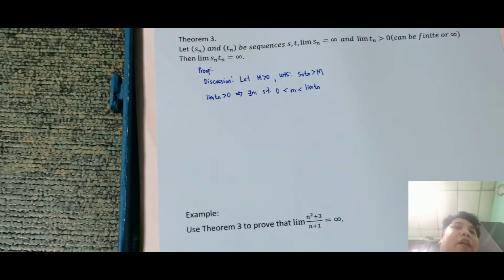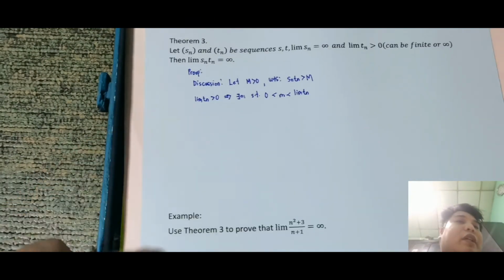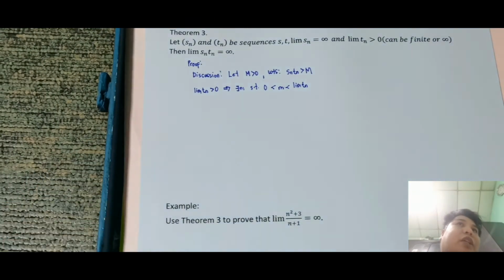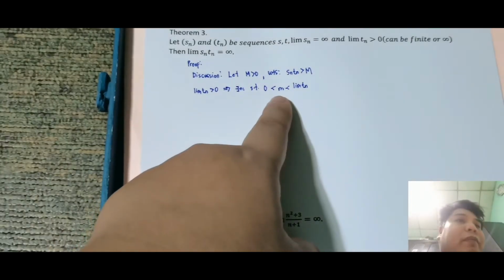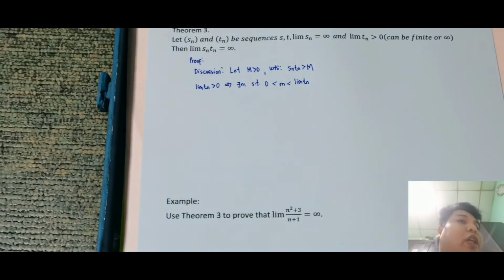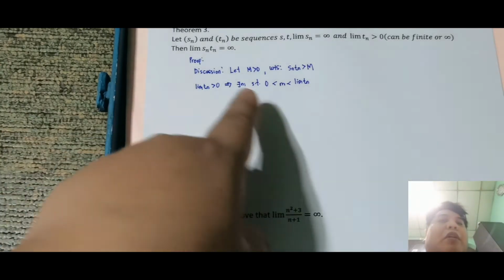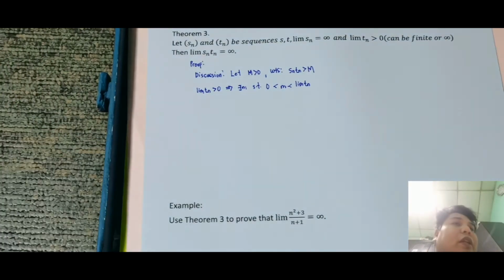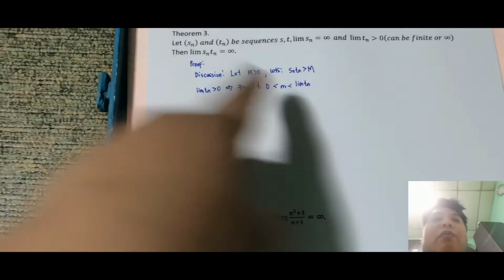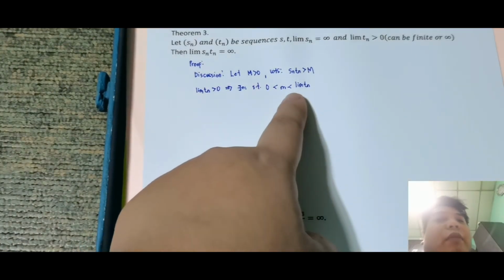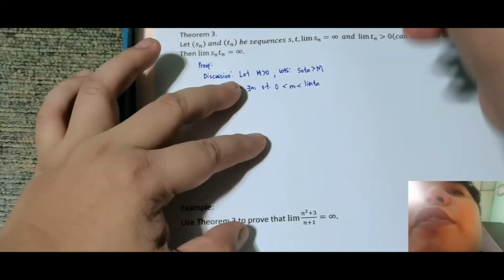Tama naman. So, ulitin ko lang ha. Ang ibig sabihin ng limit ng t sub n greater than 0, meaning, hindi natin sure kung finite siya. Kaya nga nilagay ko is m. Hindi ko sure kung finite siya or infinity. So, meaning, pwedeng real siya or positive infinity. Ayun lang yung ibig sabihin ko dyan. Pero ang sure ko, greater than 0 siya. Okay, ngayon, mula dito, sa limit ng t sub n is greater than m, this implies or observe,